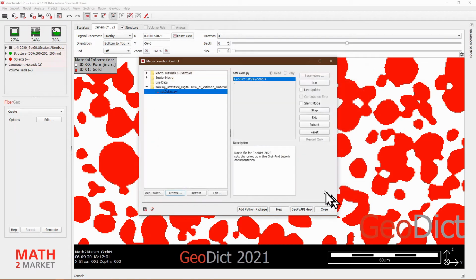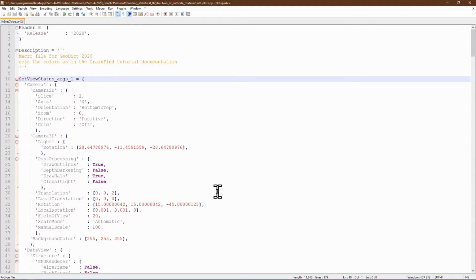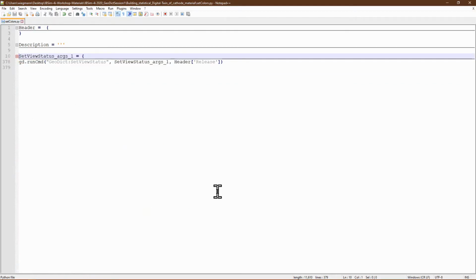I open the folder, and actually I'll show you how scripting works in Geodict by hitting the edit button in here, and here is where having Notepad++ installed is already very helpful. If you don't have Notepad++ installed, it won't look as pretty probably, but you should get the same information with any of your favorite editors. In Notepad++, there's a nice function of actually closing all the individual blocks because it knows about the Python syntax, and I have applied Alt-0 to show you the structure of the actual file.